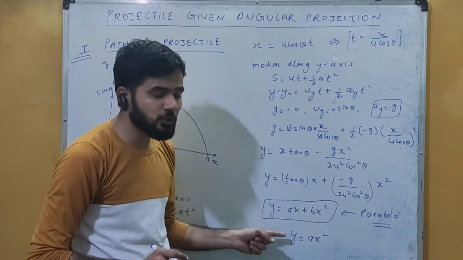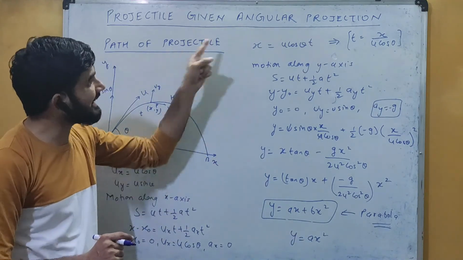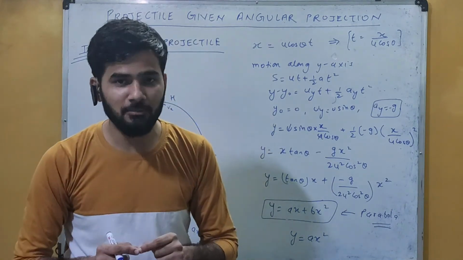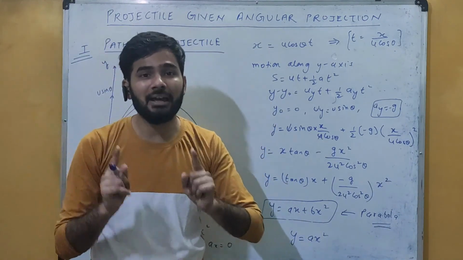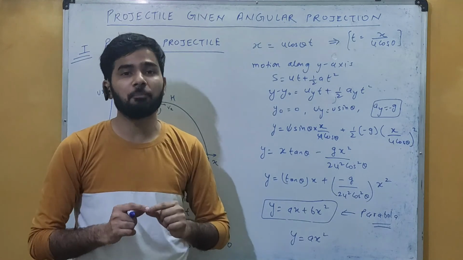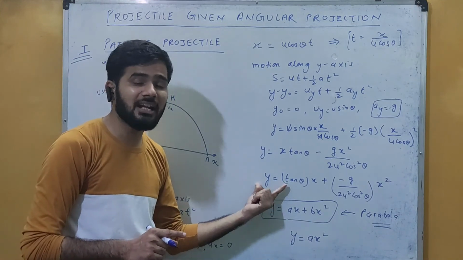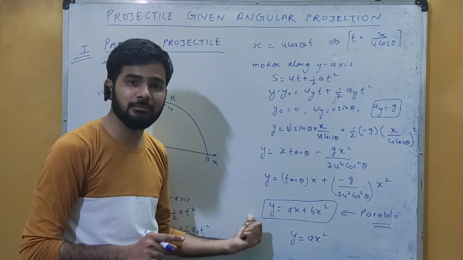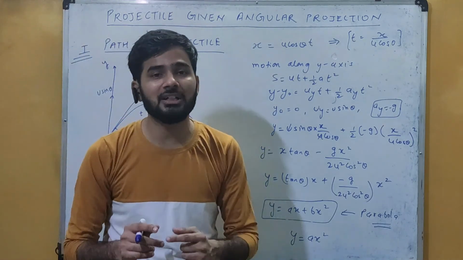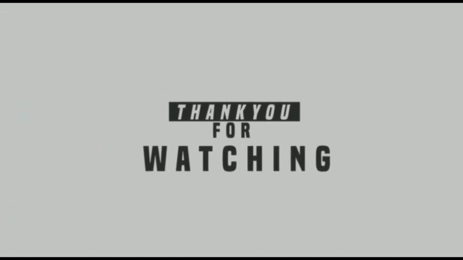Okay, so as we compare these two equations, this equation is for the equation of parabola. So you can see here the path of projectile given angular projection, that is parabolic in nature. तो जो horizontal projection में था और जो angular projection में था, both projectiles have the parabolic path. और यहाँ पर ये क्वेश्चन प्रूव करने के लिए भी आ सकता है, that prove that the path of projectile given angular projection is parabolic in nature. In that case you have to derive this equation and then you have to compare with this. और अगर ये दोनों exactly same होती है, in that case you can say that the path of projectile is parabolic in nature. So this is what about the path of projectile given angular projection which is parabolic in nature.